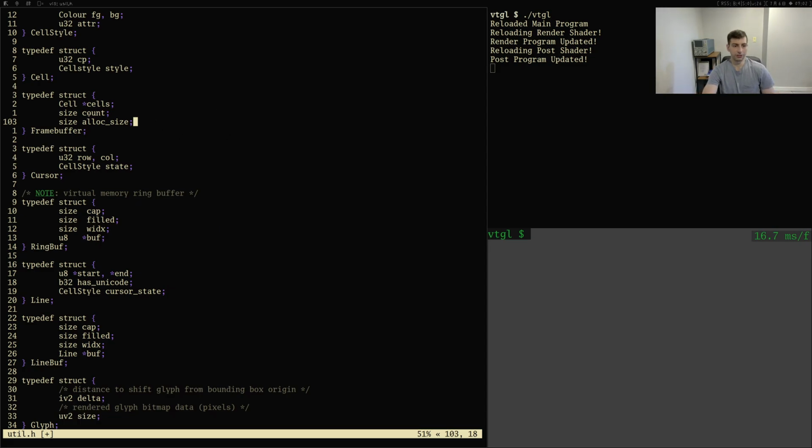So we're going to do this separate. We're going to have a count, which is the total number of cells that are currently in the frame buffer, or sorry, that are currently, I don't know if I need that. We'll see. Basically, I was thinking it should be the number of cells that you requested. This alloc size is going to be how much memory was actually allocated to hold this cells array. And then we're going to have